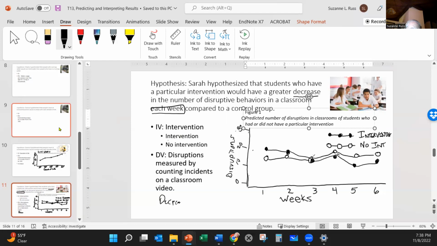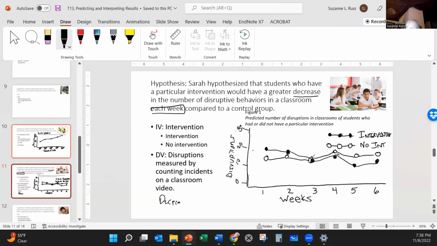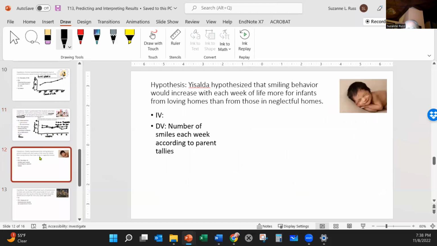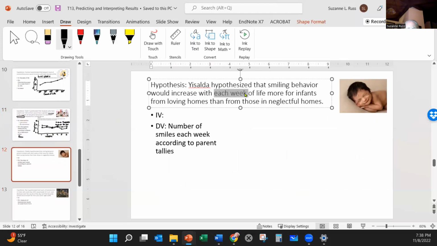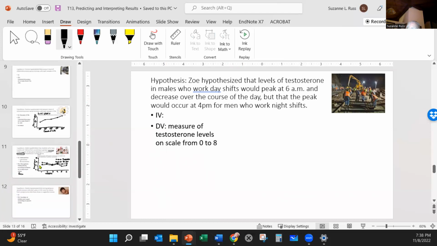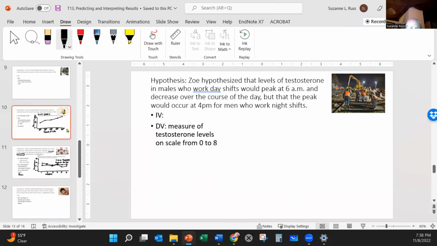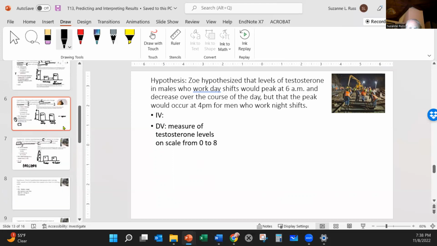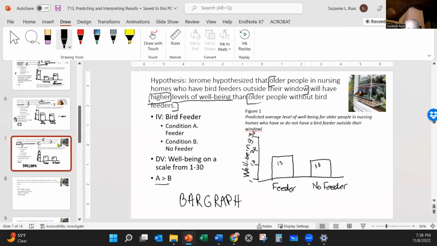And so that's what that would look like if we have a passage of time. And you'll notice in a couple more examples that passage of time could be weeks, as in this example, or could even be hours of the day, as in this example. And I won't go through those anymore because I want to show you how to use your template and actually write this up. So let's choose one of these. I'm going to choose a bar graph because I think this is more common. And I think I'm going to choose